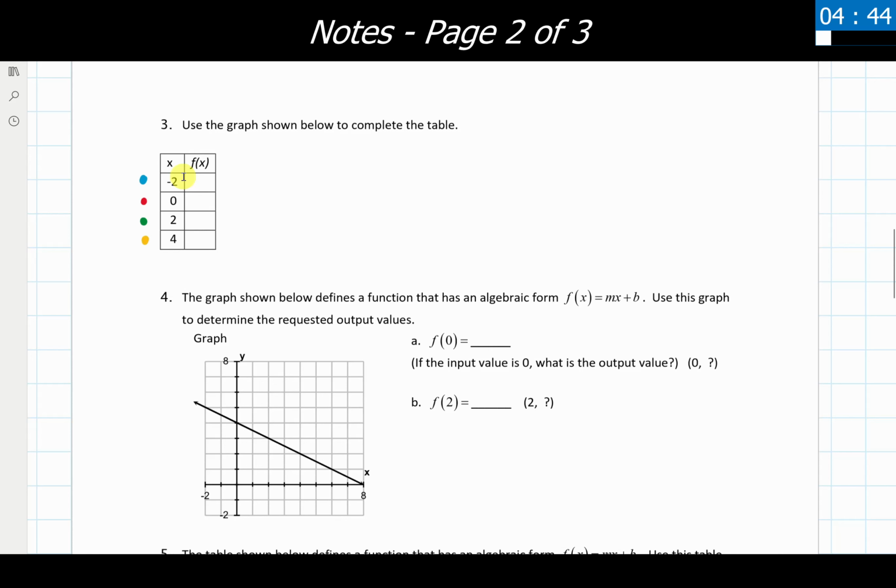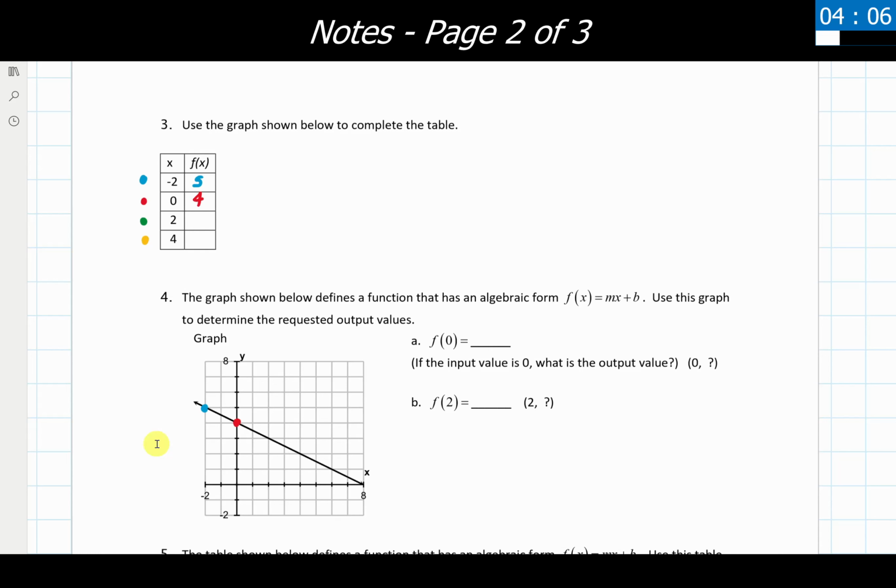So if our input value is -2, where is that on my x-axis? So that's all the way down over here. Now if I go up to my graph, what point is that at? Let's write it here. And that tells me I'm going to have an output value of, let's see, 1, 2, 3, 4, 5. So I'm going to have an output value of 5 here. Now what about 0? 0 is an input value here. I'm going up to my graph, and I've got my next point here. Looks like it's at 1, 2, 3, 4. Fill that in.